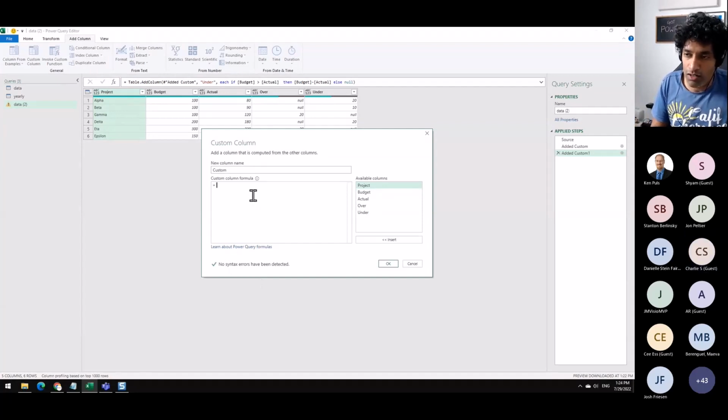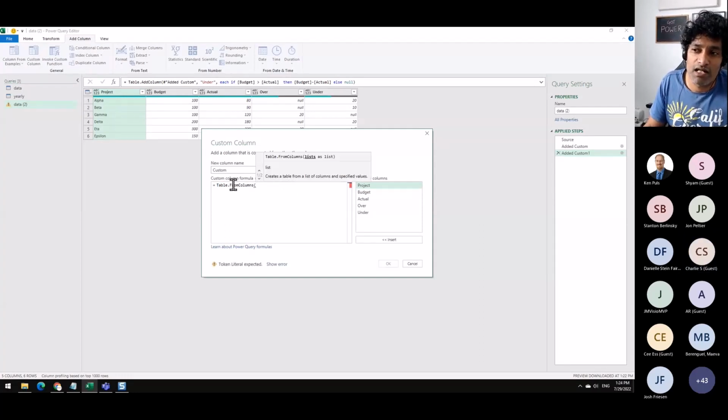Essentially the formula that we are looking for is Table.FromColumns. Once you find that, if you hit enter, it's going to put that. Sometimes Power Query IntelliSense is like dumb sense, so it'll repeat the words there. But essentially we are looking for Table.FromColumns.